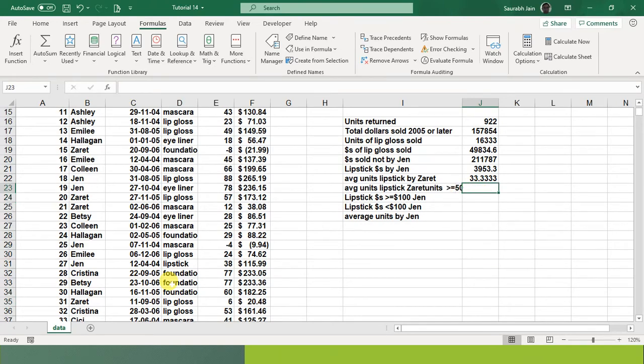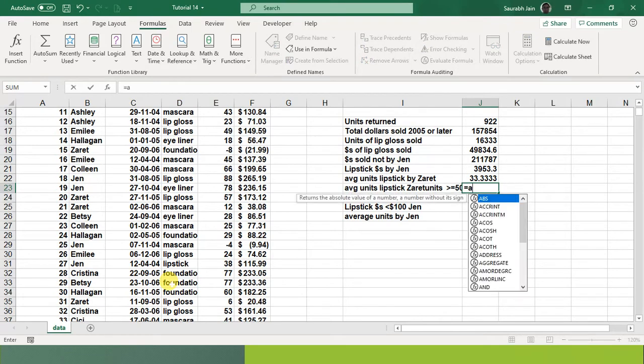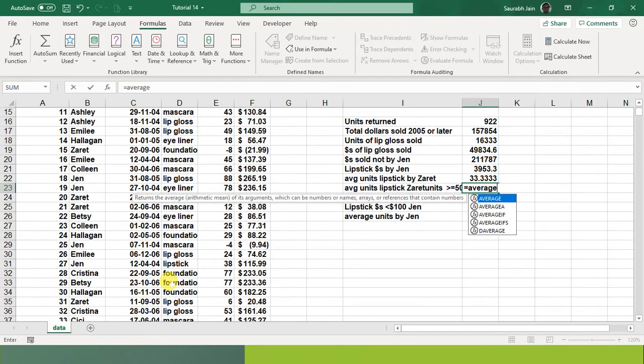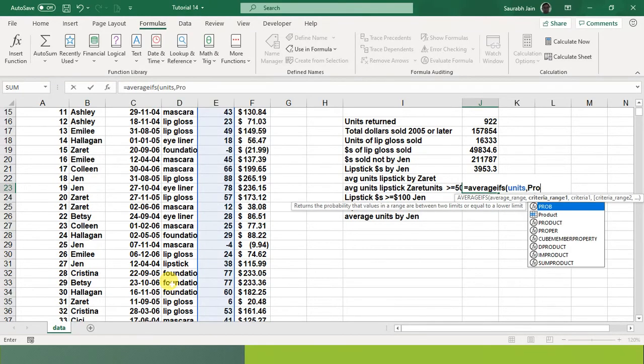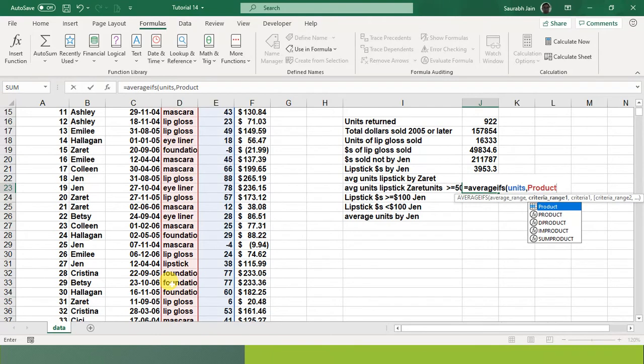Is equals to AVERAGEIFS. This is fine. Bracket open. Now you have to apply average units. So first of all, units. This is fine. Comma. You have to have a product, lipstick. Product, comma, inverted commas, lipstick.